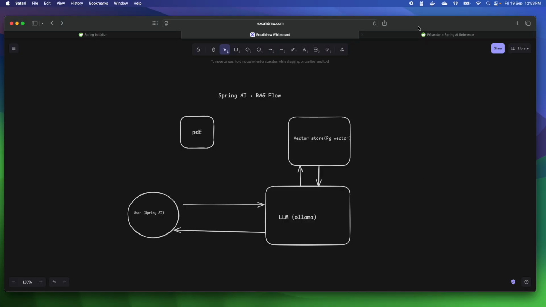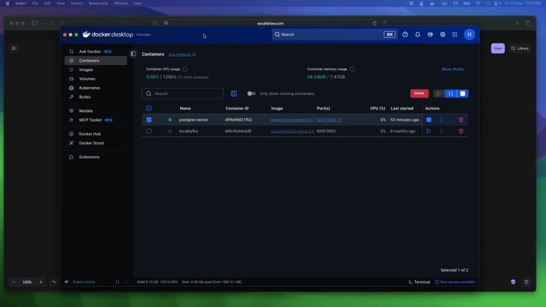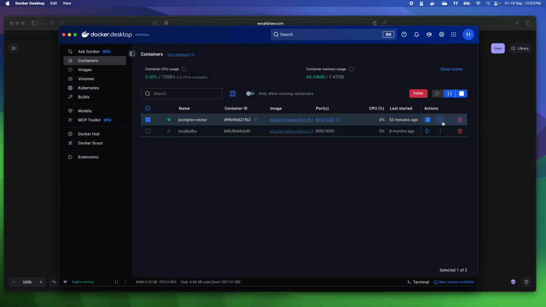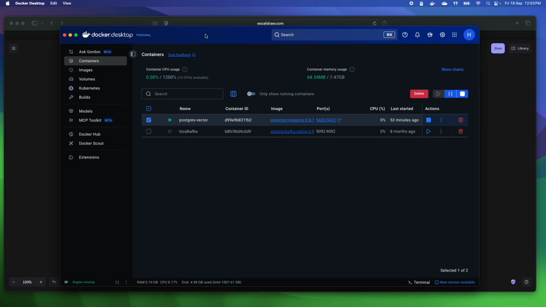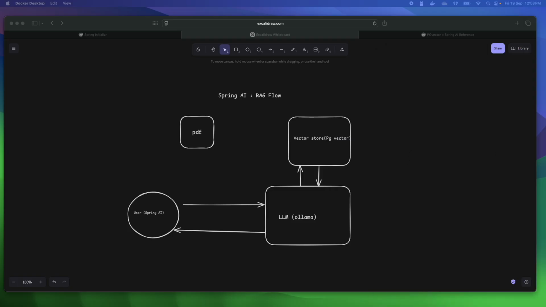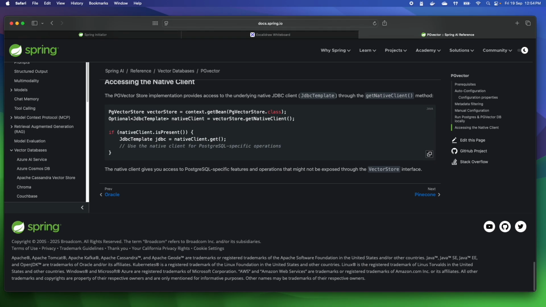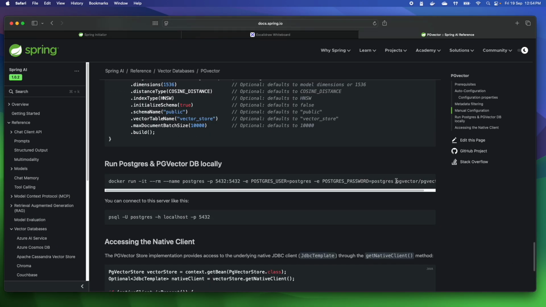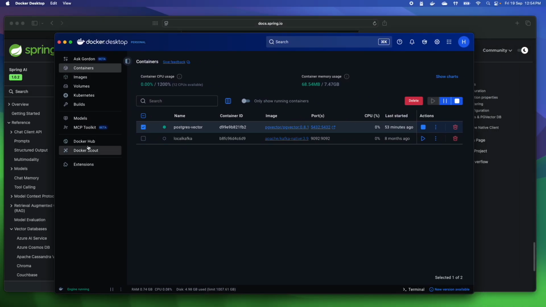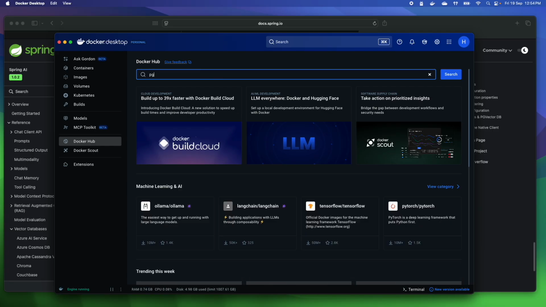So for the vector store, I'm running it on my Docker container. So this is the DB I'm running on it. And the steps for setting it up, you can get even from the Spring documentation, which is over here. So here you can see if you go to the end, they suggest to use this PG vector image. And in case you are facing an issue like not getting the latest tag and all, what you can do is just go to the Docker Hub over here, search for PG vector,